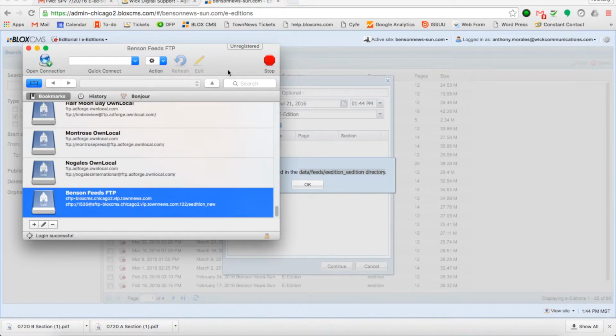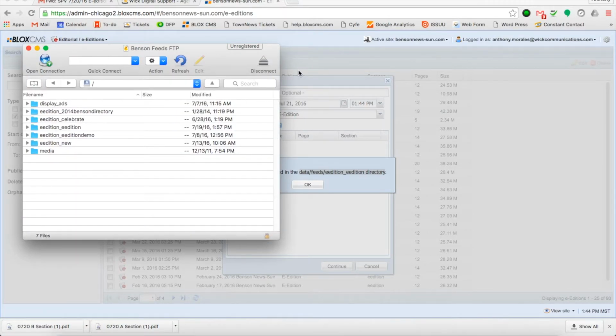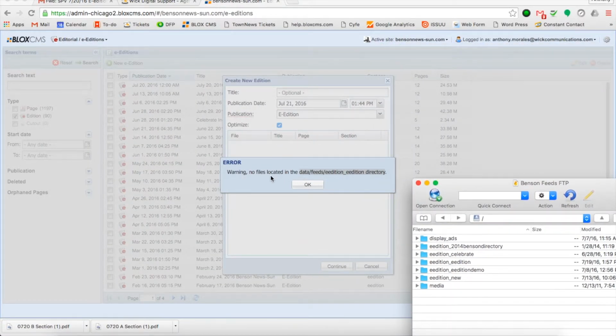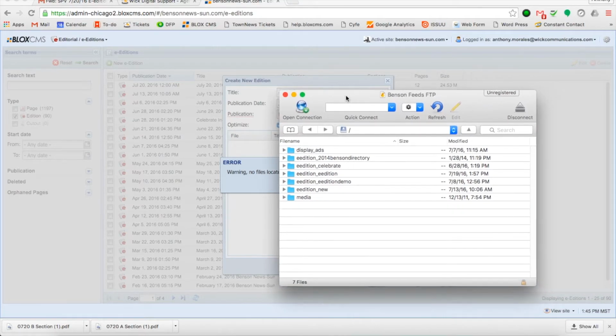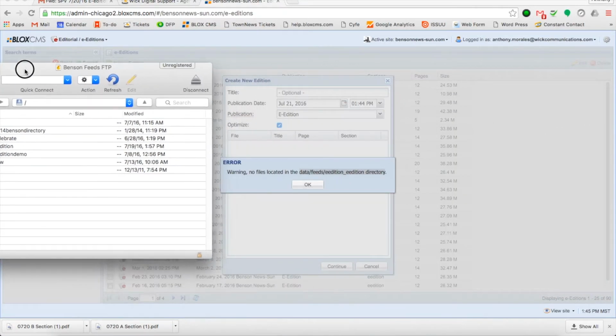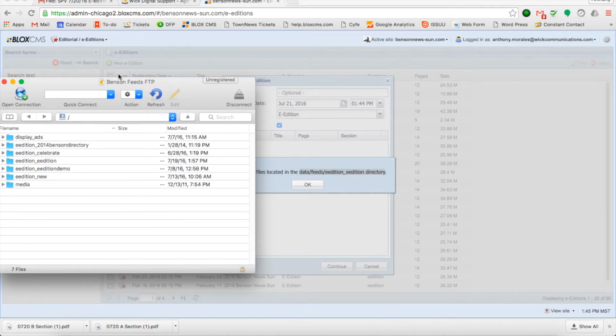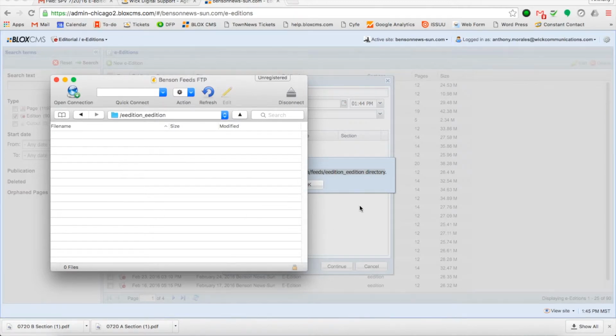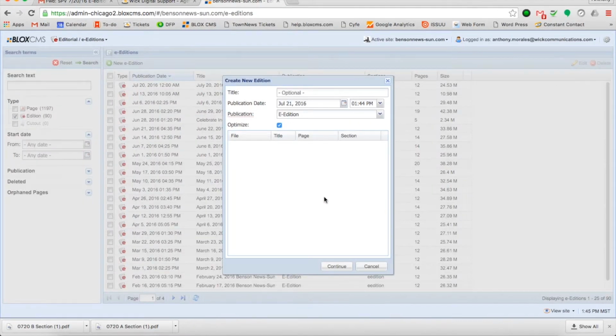But if we click on that, we'll see here in the warning that we got, no file. This right here is looking for files in the data feeds e-edition directory. So the FTP feeds is what we're in right there, and the e-edition is right here. When we click in there, you'll see that it's empty, hence the warning we got. So if we click OK here,